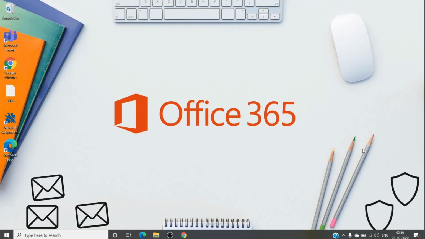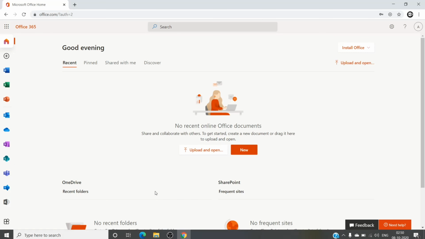So, for us to have a dial pad in MS Teams, we basically require a set of licenses to be assigned to that particular account. The licenses which we require are the basic MS Teams license, and additionally, you will need a phone system license, plus either a domestic calling plan or an international calling plan. Once you have these three licenses assigned to an account, you should be able to see a dial pad in